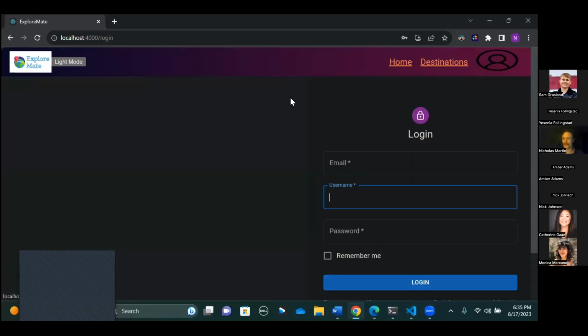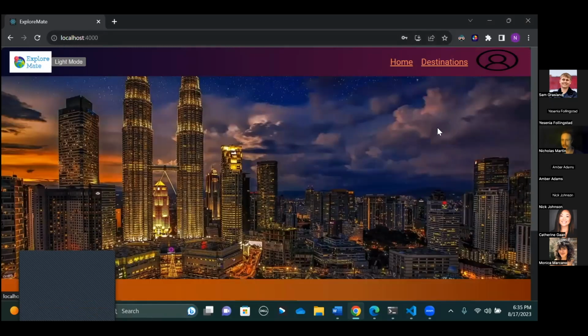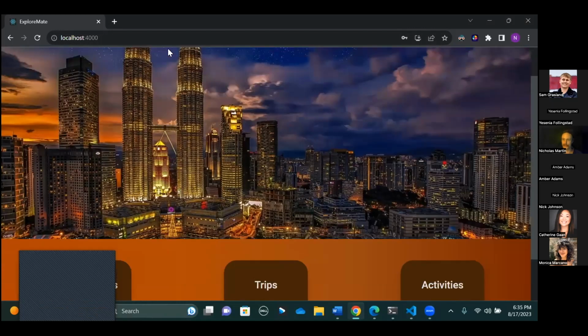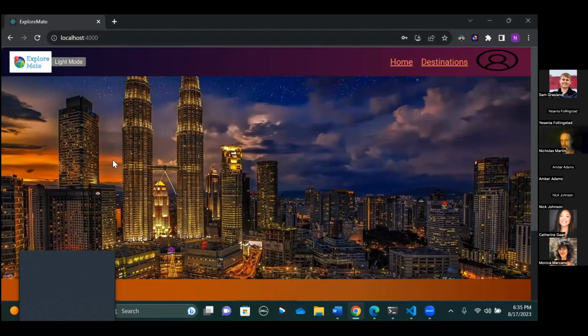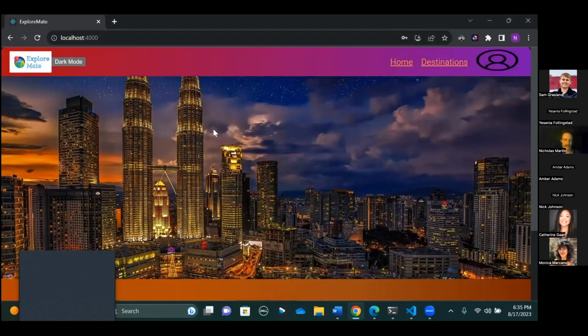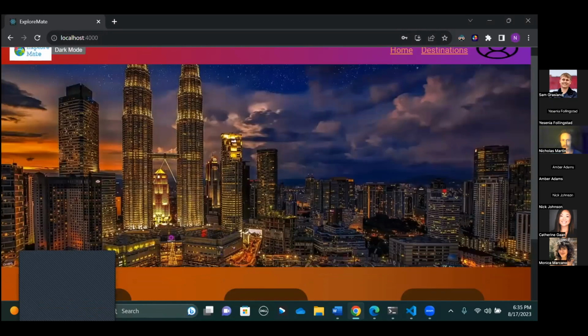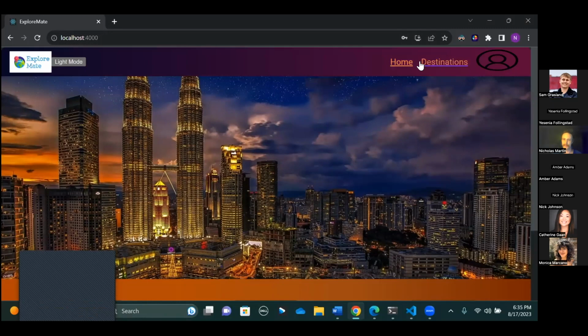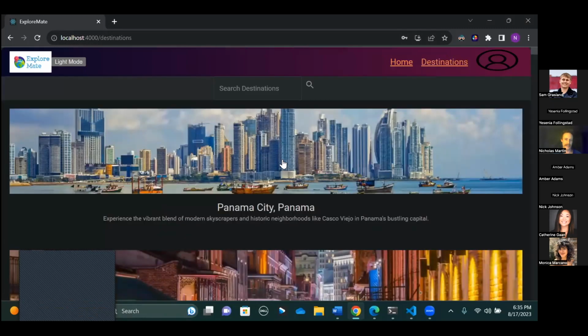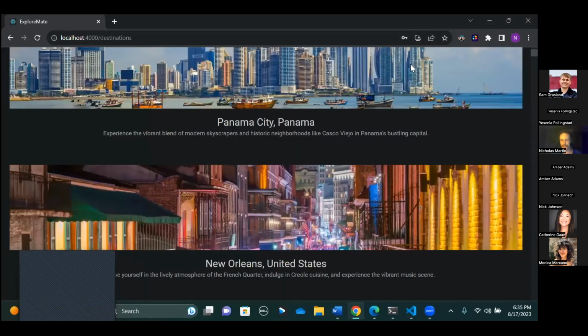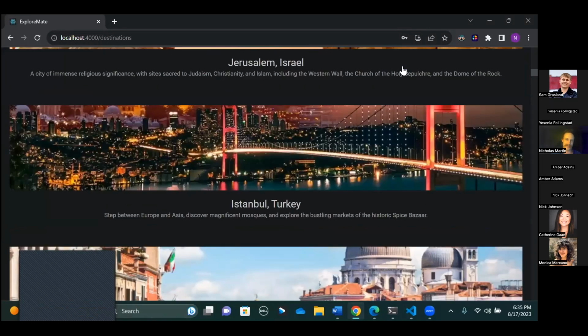Exploremate, the one-stop shop for all your travel planning needs. You can pick through a variety of the top-rated destinations around the world, plan out all the details of your upcoming trips, and search through various destinations. You can set light mode and dark mode. And before you actually sign in, you can search through destinations, but you cannot actually do anything with the destinations